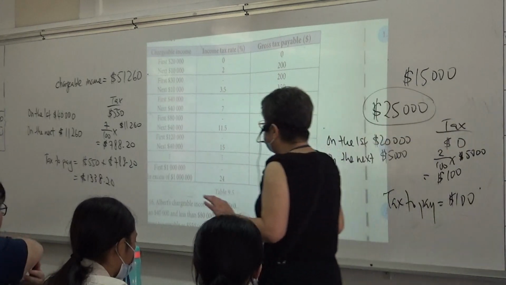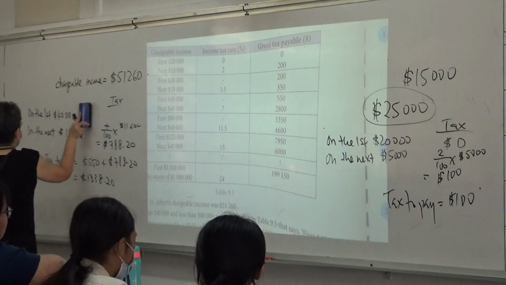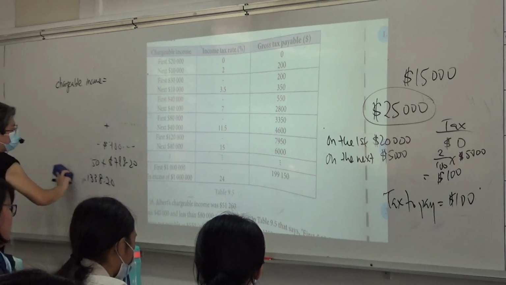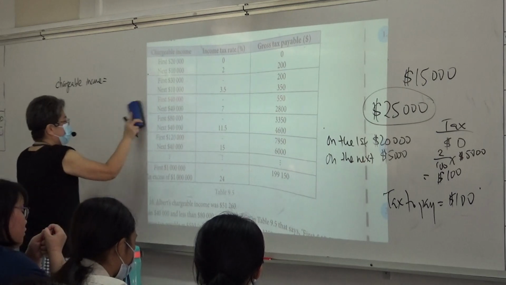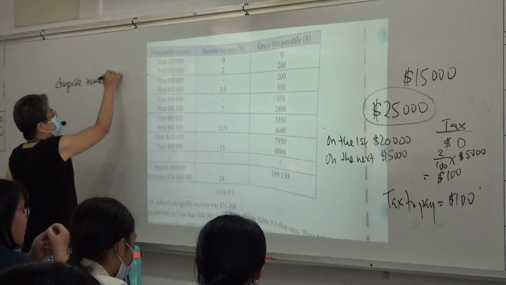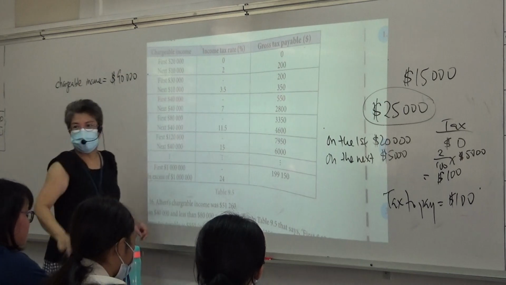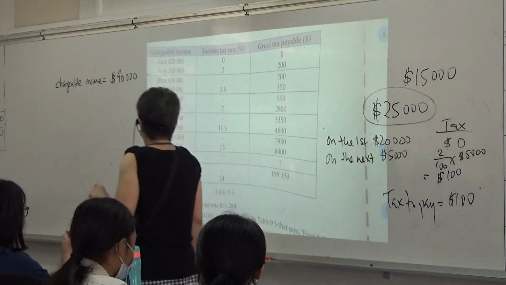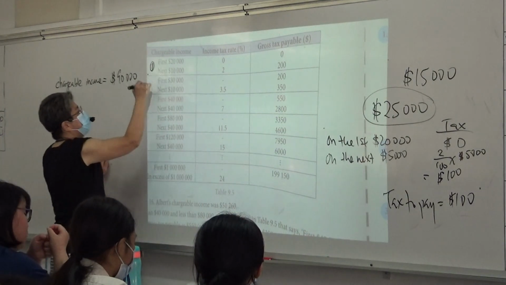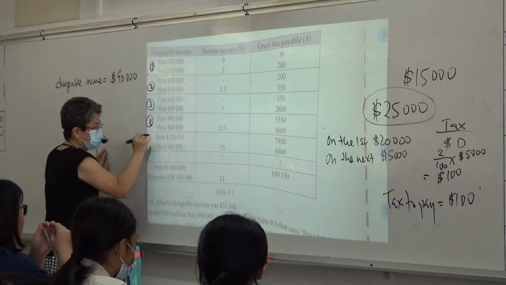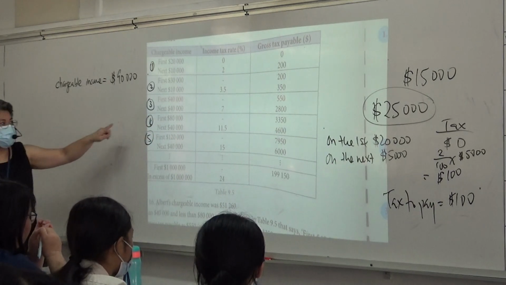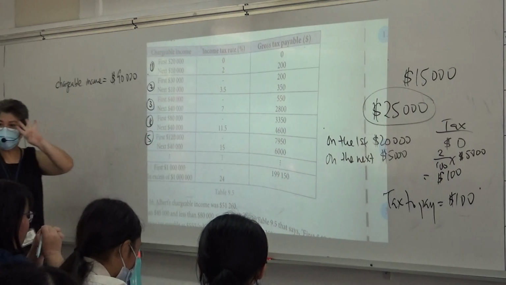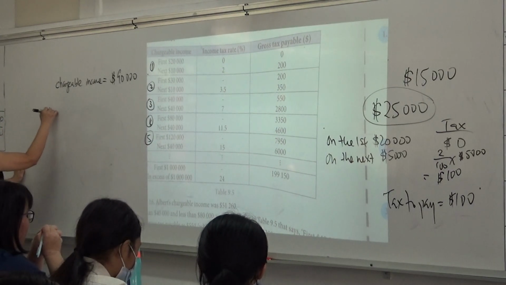Okay, let me give you another example. What if my chargeable income is 90,000? Where to choose? I will choose 4, right? I will choose 4. You cannot choose 5. You choose 4. That means on the first